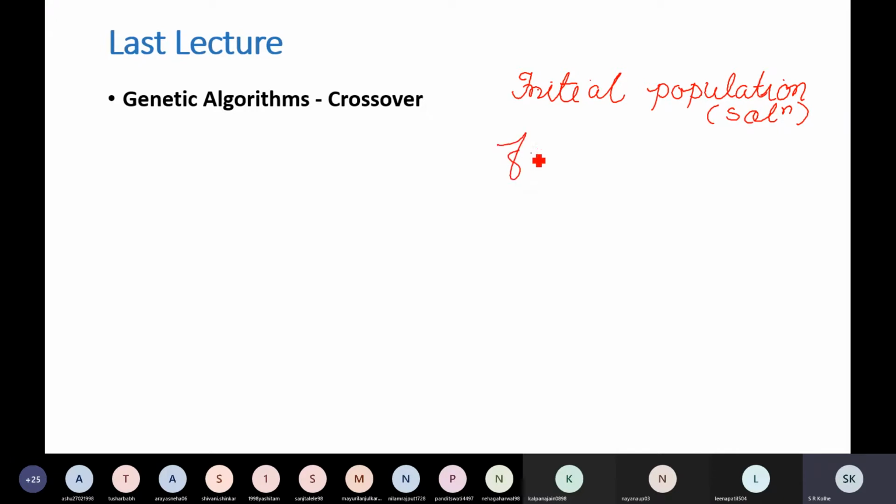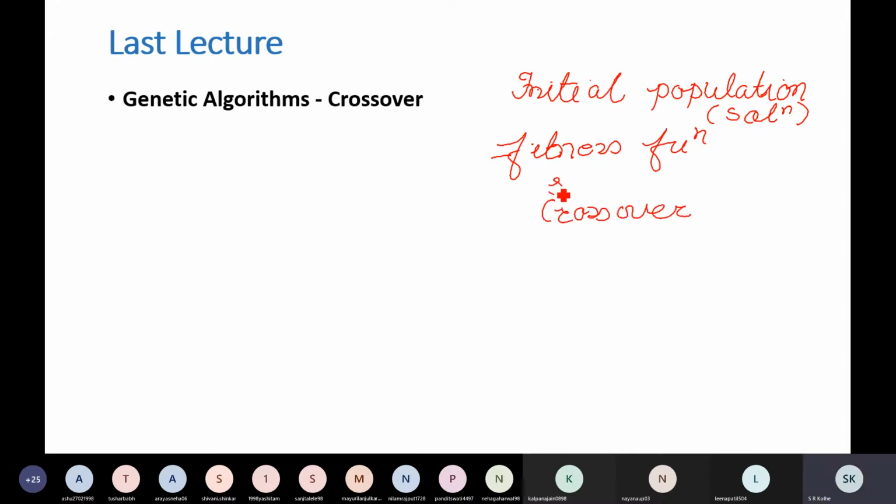So we say that is a fitness function. So we define a fitness function. This fitness function is applied on the solution, and that returns a value, and that tells you how good that solution is.